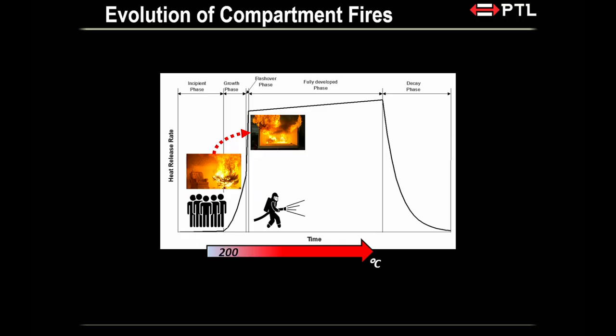Now temperature, what's happening with temperature? Temperature is something that a structural engineer will be interested in. You couldn't care less about the fire size, but temperature is important. So during the growth phase, it doesn't really concern you because it's only about 200 degrees Celsius. It's more for the people, really. At flashover, you get to about 500 degrees Celsius. And beyond that, for a really long duration of your fire, it's more or less a constant temperature of about 900 degrees Celsius.